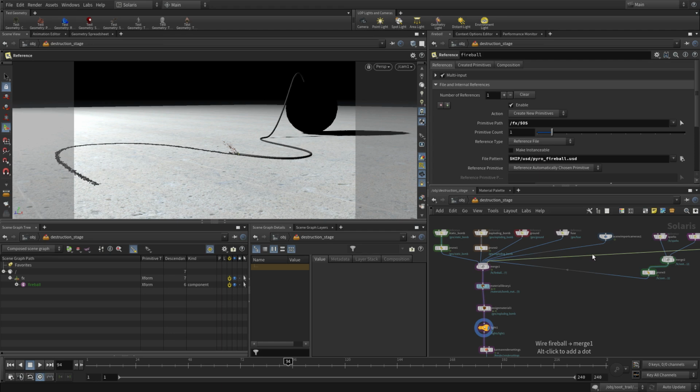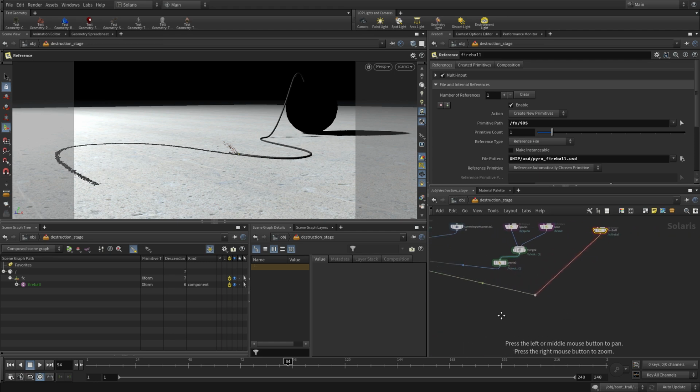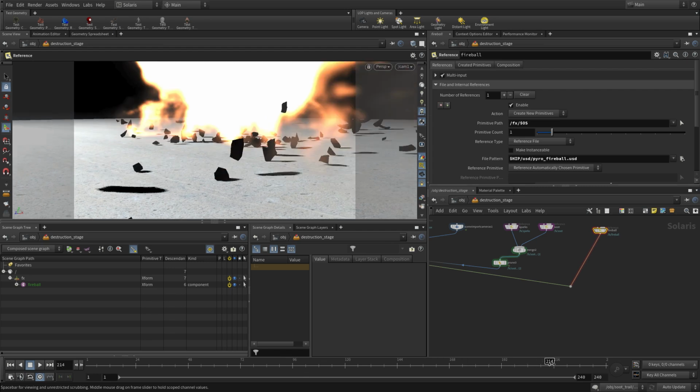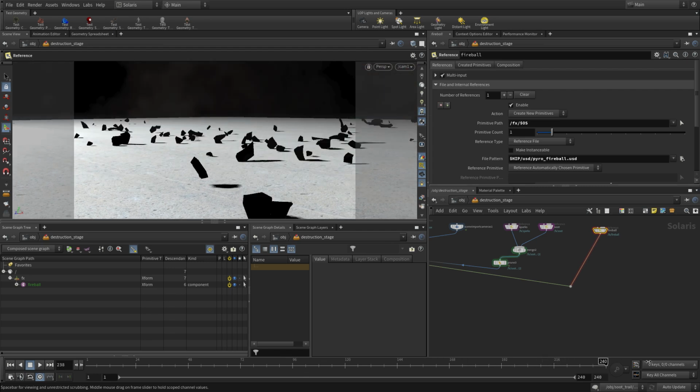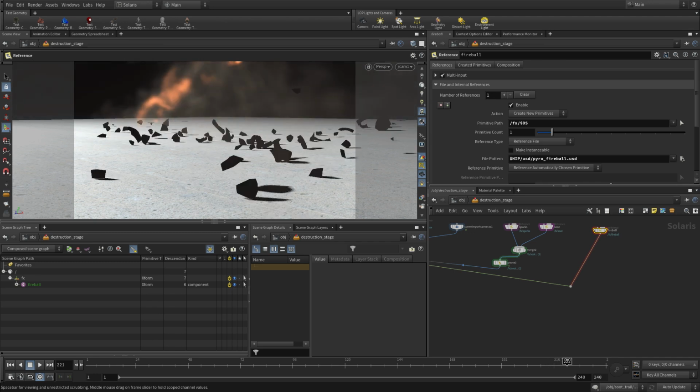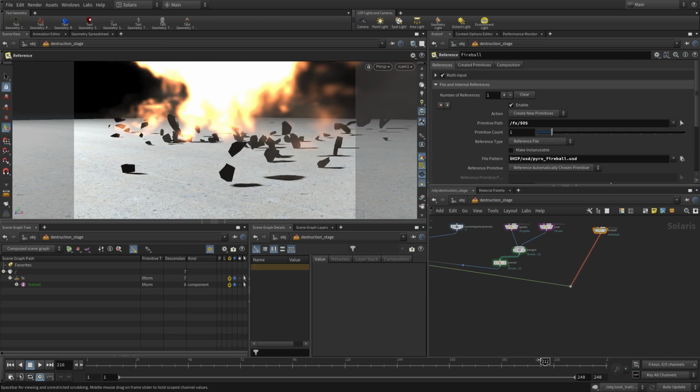the final merge in there, and yes, press Alt to get a node dot or a path, a dot that we can use just to organize that a little bit better. So there we go. It's coming in. We can see it. It's showing up when it's supposed to show up. That's great. What we need to do next is